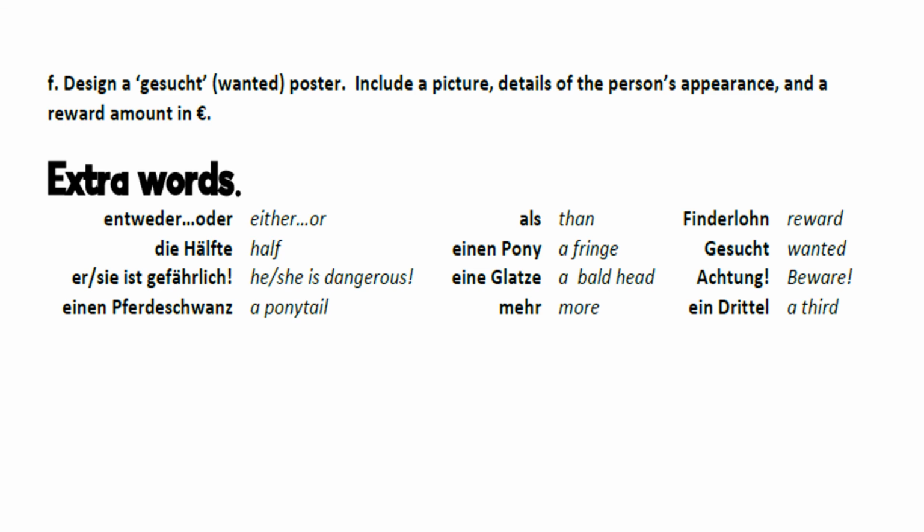That's totally fine. Yeah, just make sure that it's got all the German there that we've gone through today. So talking about hair color, eye color, and so on. There is some extra vocab which is here for you. So things like he or she is dangerous. Okay, you could talk about maybe a bald head if you maybe wanted to have Voldemort on your wanted poster. You can talk about, well, pretty much everything else there. You could also say like beware if you want. So yeah, if you could just make that as elaborate as you possibly can with as much German as we've covered today, and pictures and other things, then that